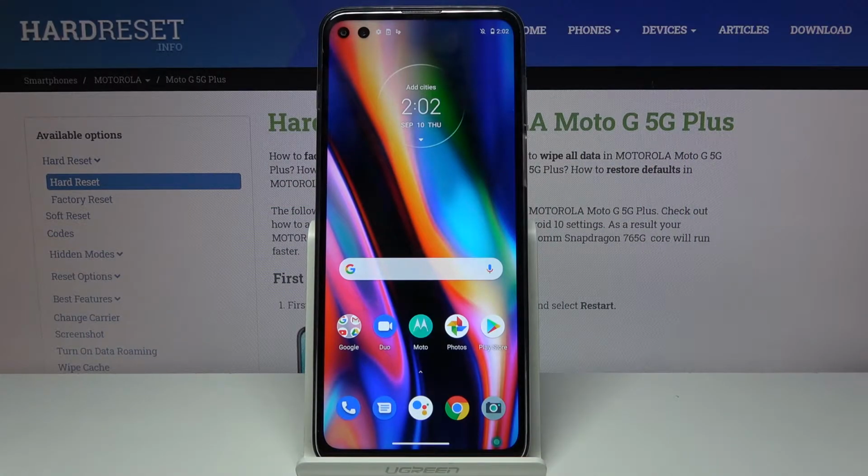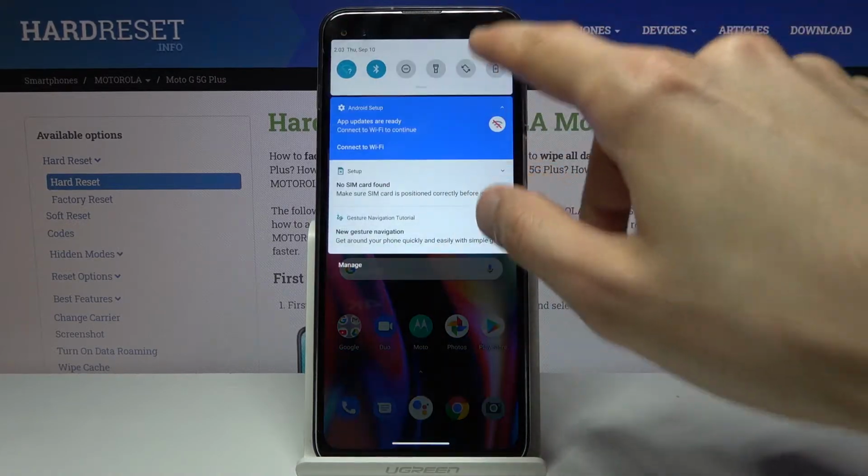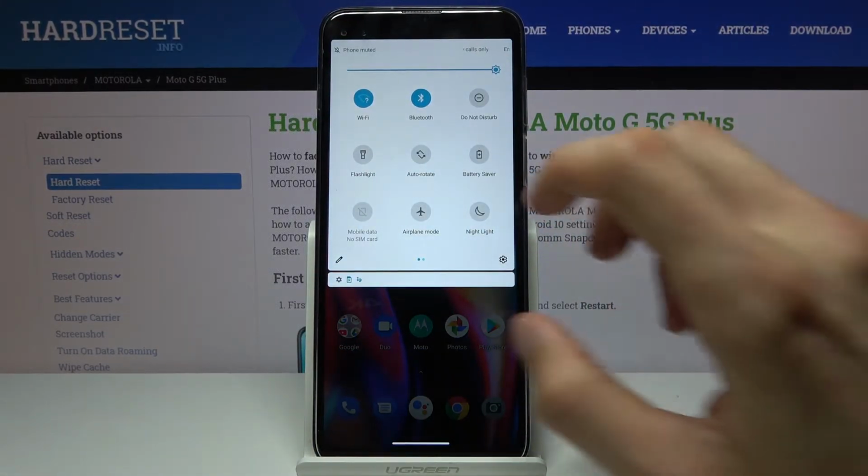Welcome. On my screen is a Motorola Moto G 5G Plus, and today I'll show you how to enable and set up the portable hotspot. To get started, let's pull down the notification panel and find the hotspot toggle,